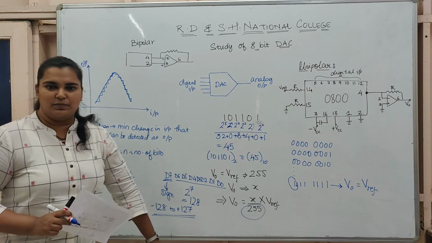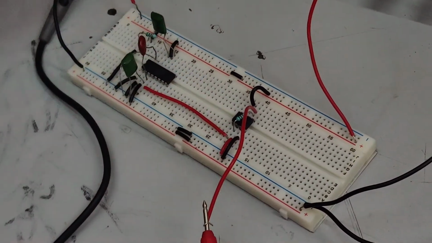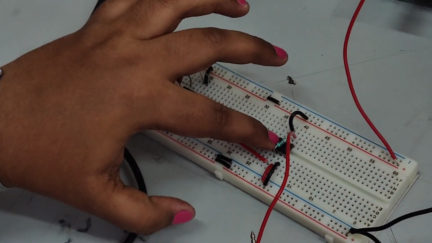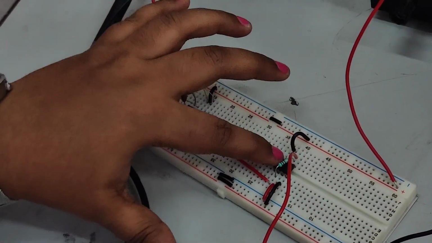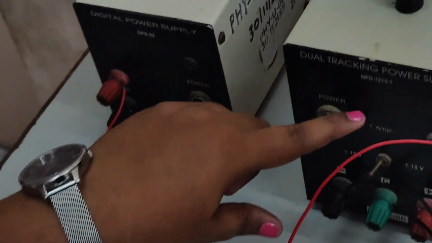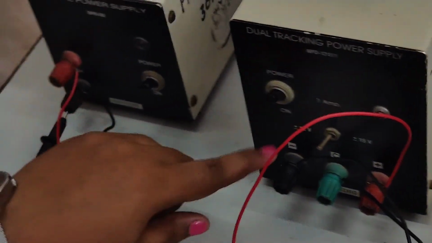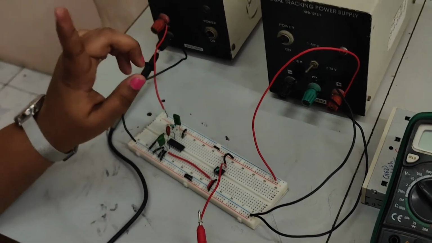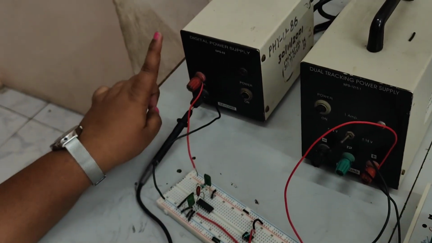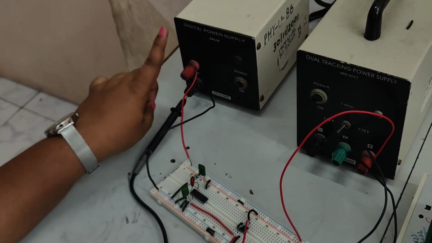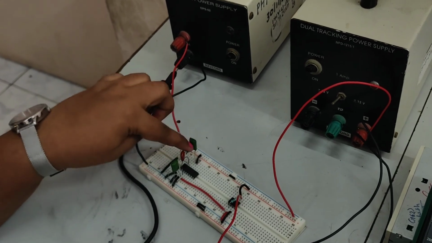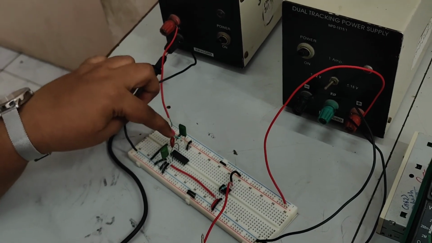Now let's move on to the experimental setup. This is the experimental setup for DAC. As you can see, we've connected the DAC IC and the 741, which is used as a low pass filter, and I have connected the plus and minus VCC, which is plus and minus 12 volt, for both the DAC IC as well as 741. My Vref in this case, which was going to pin number 14, I am taking from a 5 volt supply. This is a constant 5 volt supply. So my V reference here is 5 volts. I've connected it to pin number 14 via this resistance, which is 5.1K.